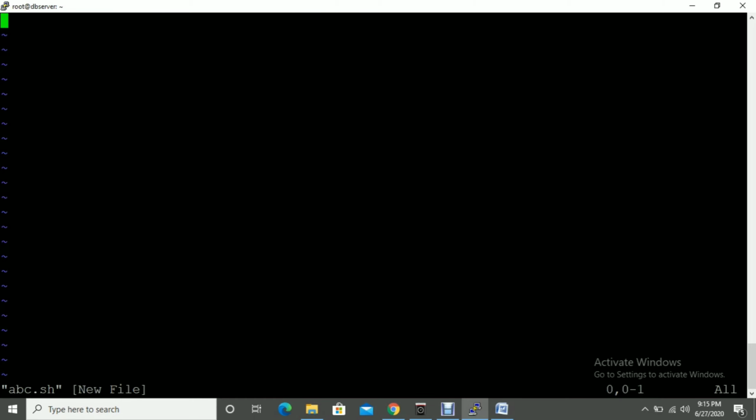When you give that, it opens a text editor window where you can write your contents. But if you type now, it will not allow anything. You have to press the insert button or the i button. So I'm going to press insert. You can see now it's showing insert. Now you can type, hi, this is my file.